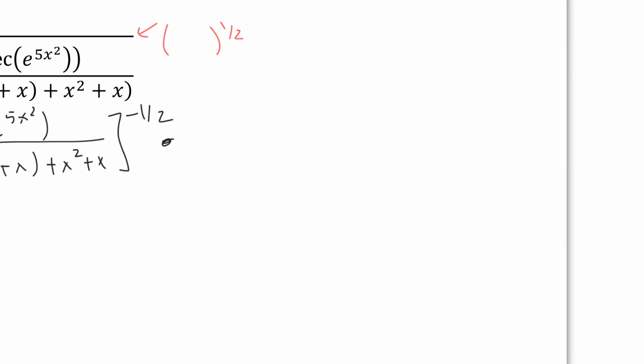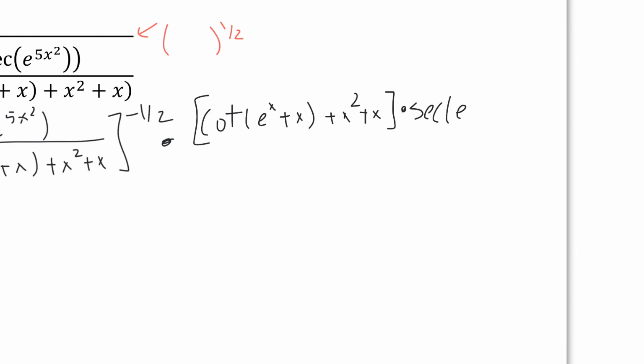So if we write low d high, we're going to have cotan e to the x plus x squared plus x. That's our low. D high. Well, the derivative of secant we know is secant tan, so secant e to the 5x squared times tan, well, I'm probably going to have to do that on another line here,